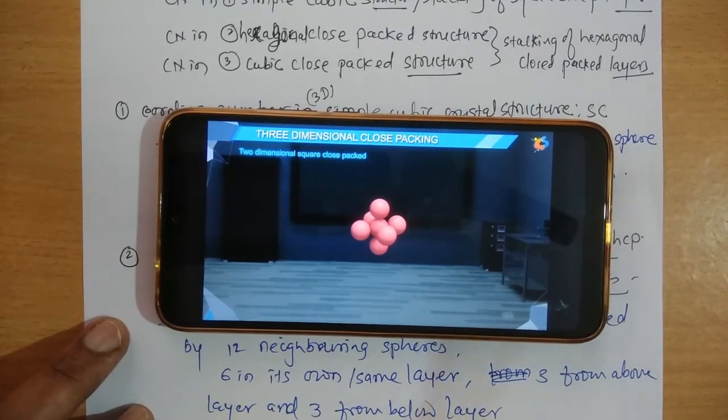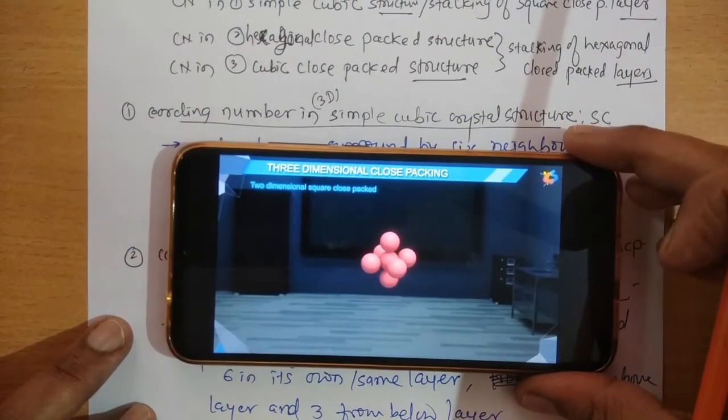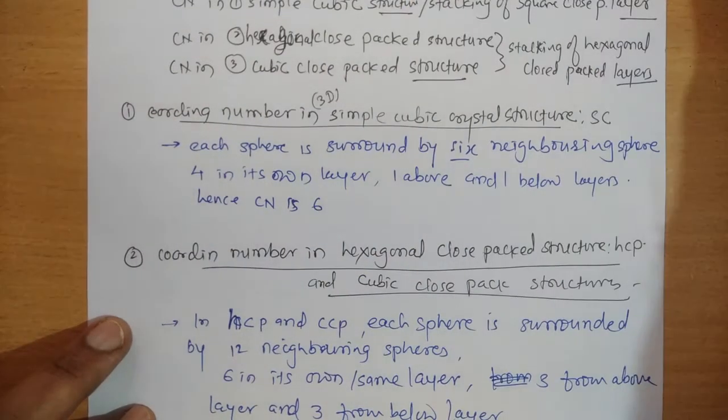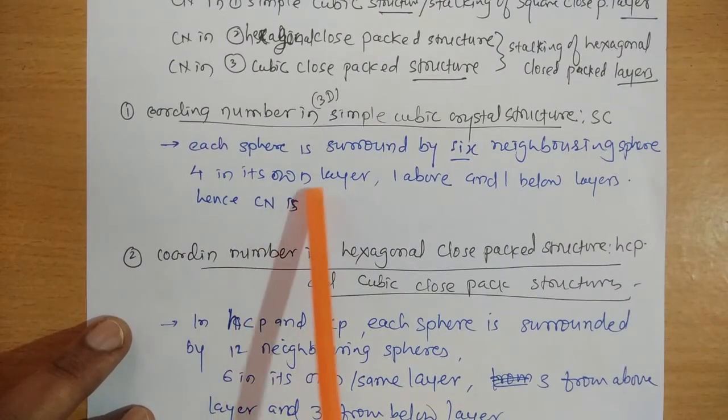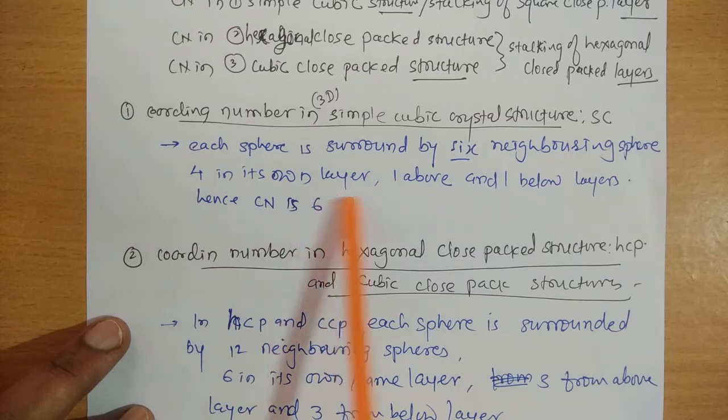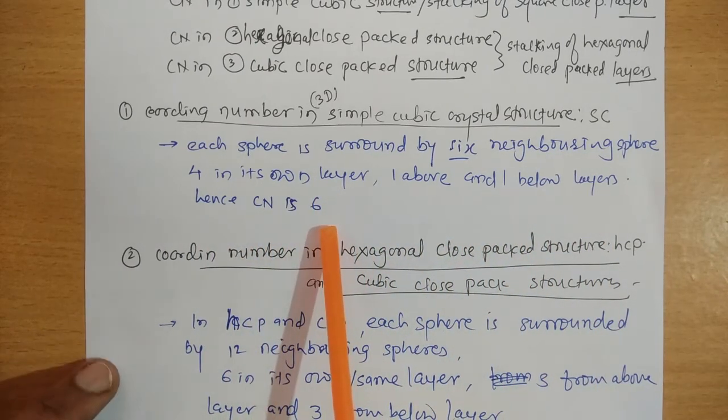In the simple cubic structure that you saw, the central sphere is surrounded by 6 other spheres, that is 4 spheres from the same layer, 1 from the above layer and 1 from the below layer. That's why the coordination number here is 6. Each sphere is surrounded by 6 neighboring spheres, 4 in its own layer and 1 above and 1 below. Hence the coordination number is 6.